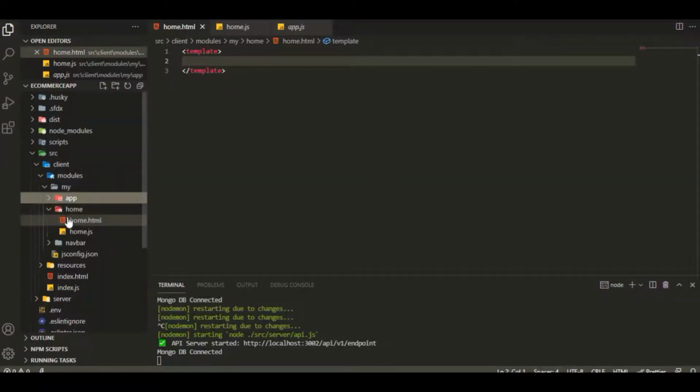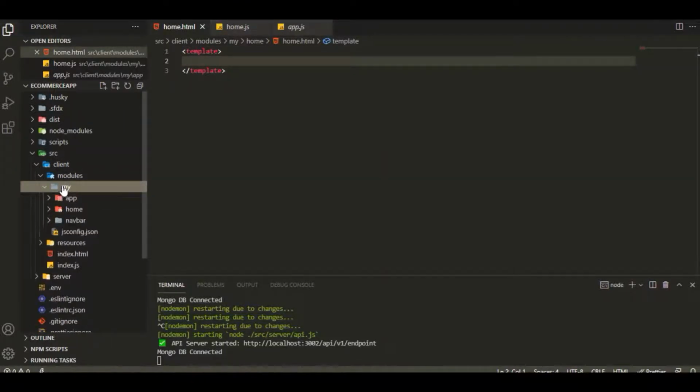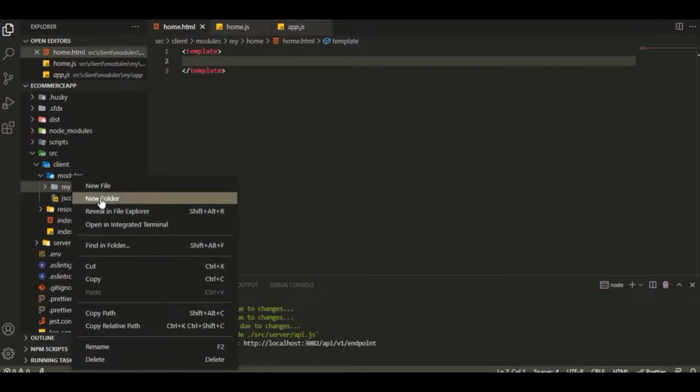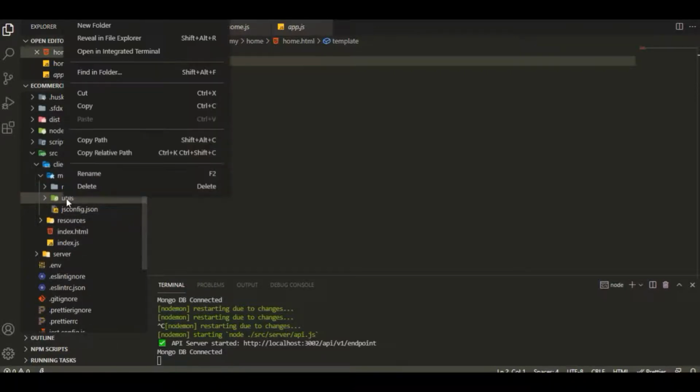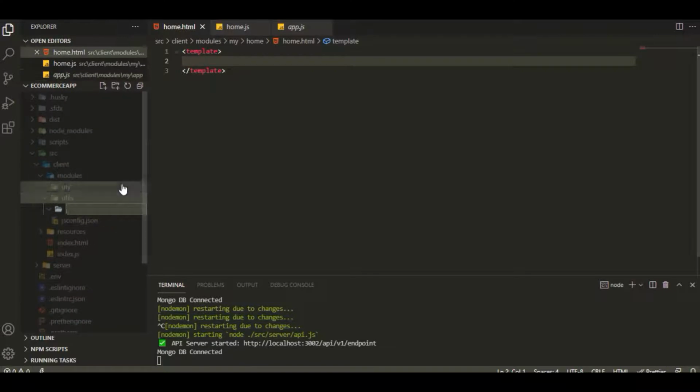What I want to do is create a reusable component called product, which we are going to loop through for all the products, and for each product we are going to render that particular component. That particular component is not going to be any kind of screen, but it will be a reusable component. So that's why I'm going to create a new folder called utils. That's the folder structure which I'm going to follow, and inside that folder I'm going to create that component which will be called product,